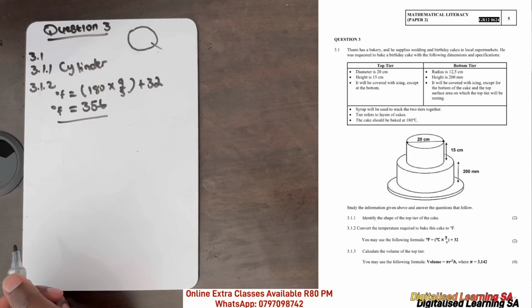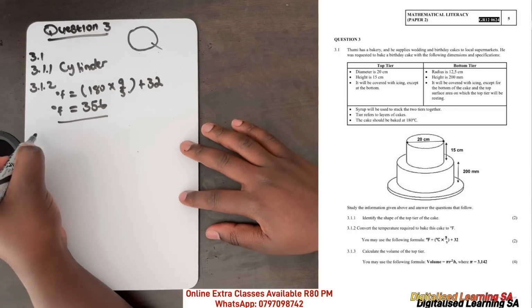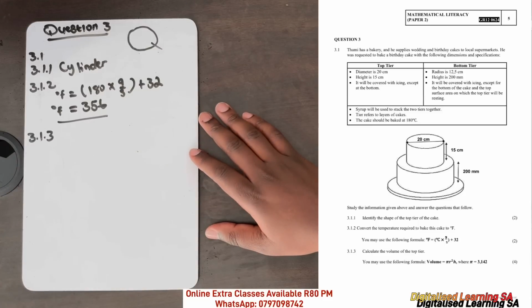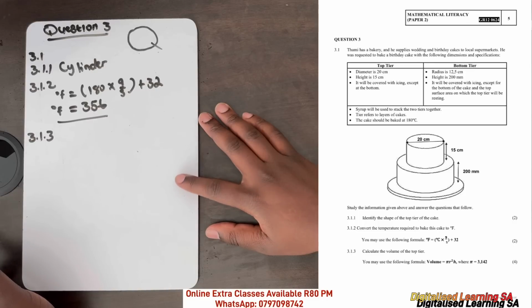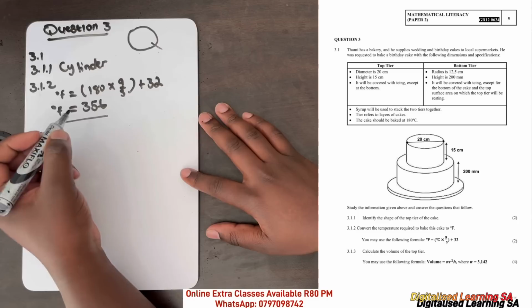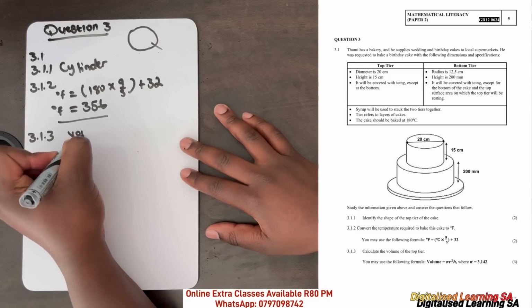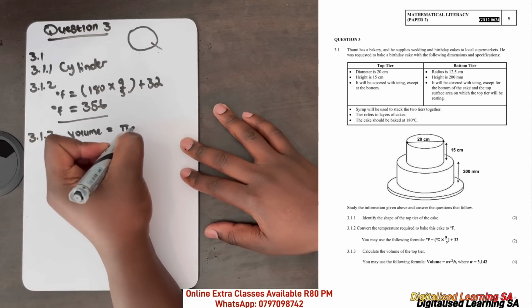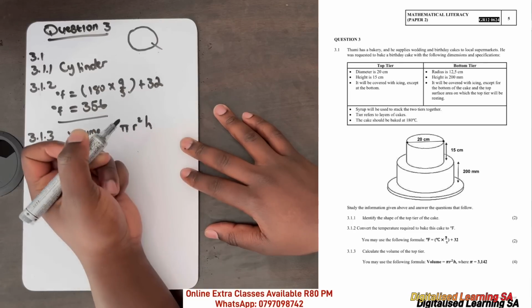Okay, so now let's move to the next question, which is question 3.1.3. Question 3.1.3 says calculate the volume of the top tier. So we are going to calculate the volume of the cake on top, and we are also given the formula to do that. Our formula would be volume is equal to pi r squared multiplied by our